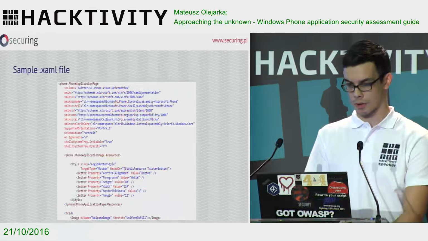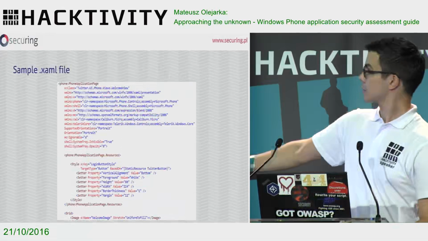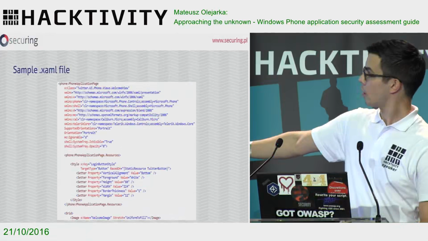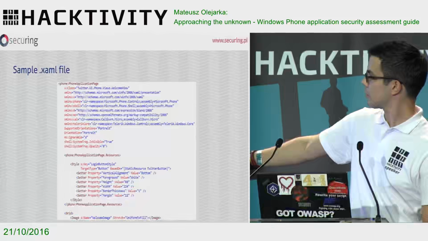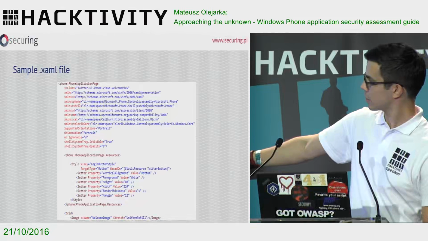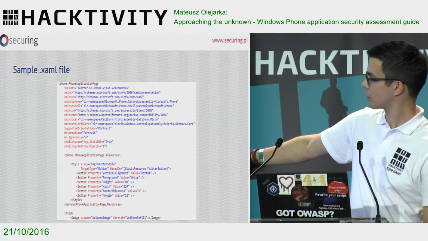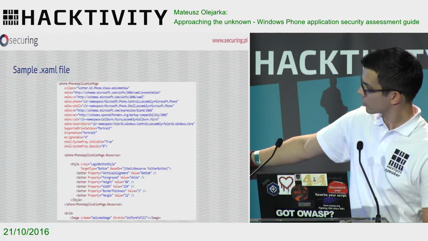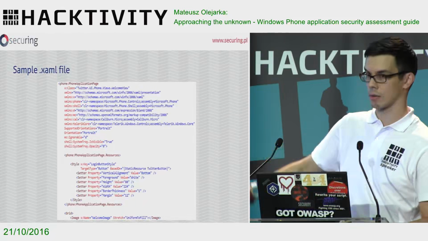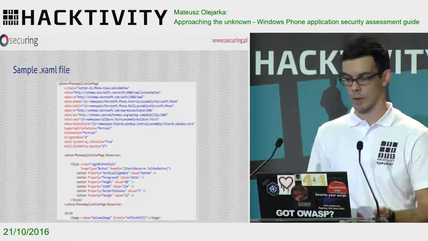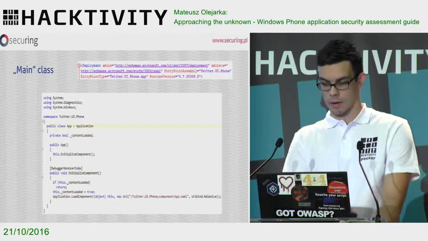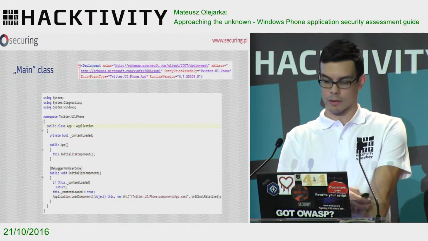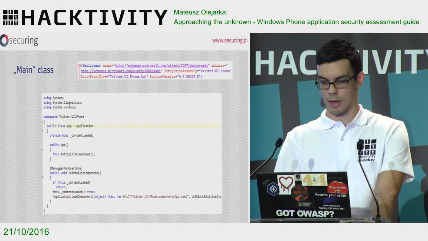This is the code, and this XAML file describes how a control or page looks. Maybe a better example is here. We have a phone application page, also with a code behind class. Here we can see some resources, some styles set up, some height, width, border thickness, and so on, and some image controls. So basically, this is the XAML file, which shows the view, and it's always connected to a code behind class.